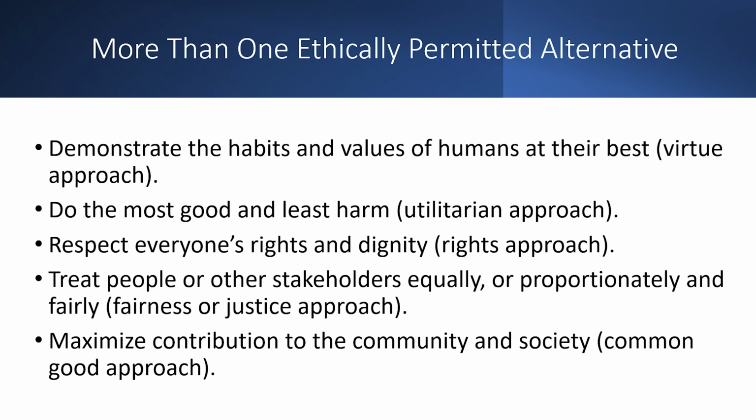Sometimes, more than one alternative is ethically permitted. Then you must choose the most ethical alternative. Sometimes you will find that none of the alternatives seem viable. Each alternative seems to violate at least one ethical constraint, would cause unjustified harm, would typically be viewed as unethical, or employs a rationalization. Suppose you work for a company that operates a chain of retail clothing stores.